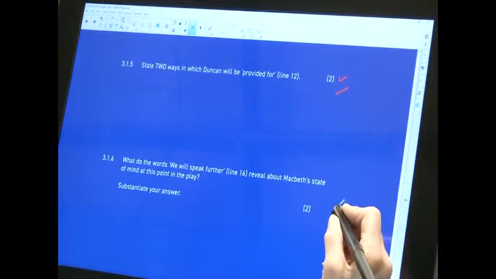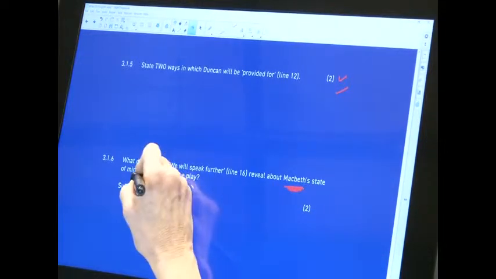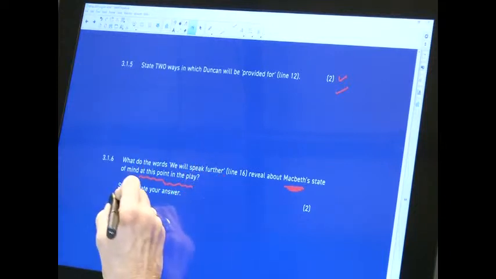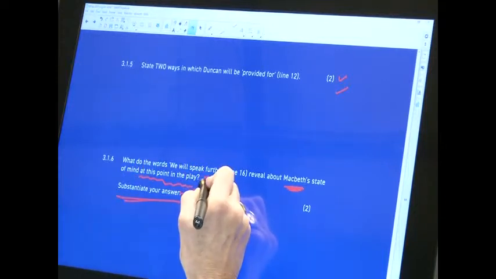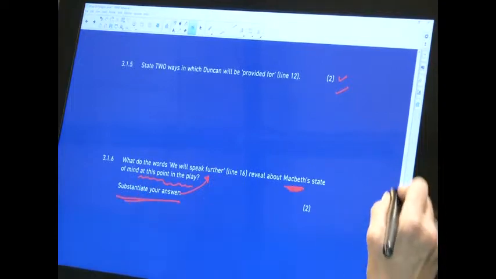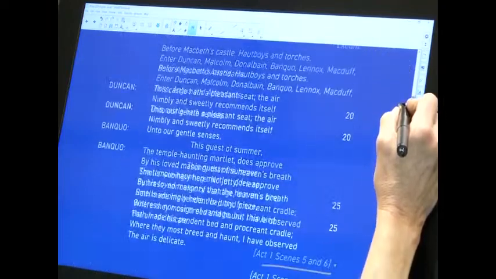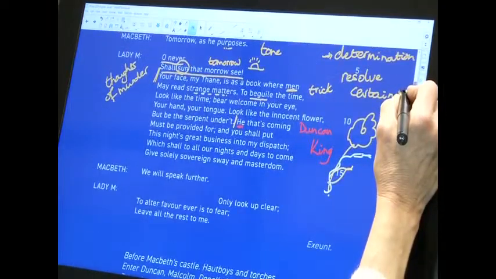What do those words reveal about Macbeth's state of mind, Macbeth at this point in the play? And once again, instead of putting this there, they've put it there in the hope that you're going to see it. So what does it show about his state of mind? And give me a reason. Okay, so let's have a look. She says,